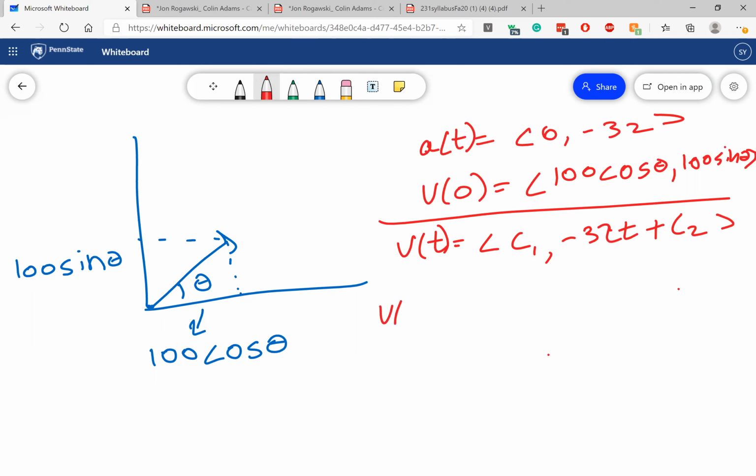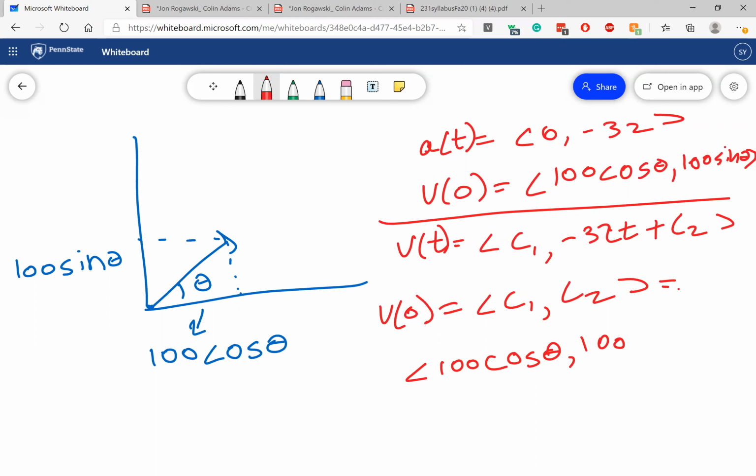And so let's see what v of 0 is. V of 0 over here would be C1, C2. But that's also equal to this over here, which would be 100 cosine of the angle between these, and 100 of the sine, which tells us that C1 is equal to 100 cosine of this angle, and C2 is equal to 100 sine